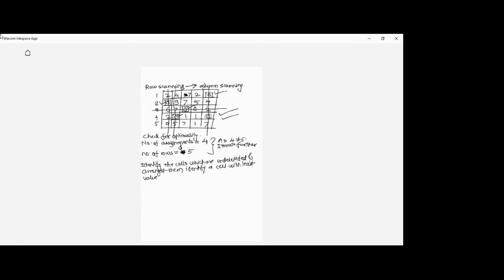For example, 7, this cell 7, 2, 7, 5, 1, 1, 7, 1. These are all undeleted cells because the lines are not passing through them, right? So identify the cells which are undeleted and amongst them identify a cell with the least value. So the least value is what? The least value that we have got is 1. So add the least value to the